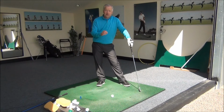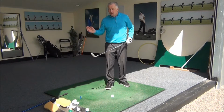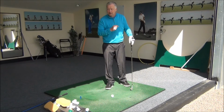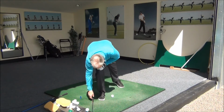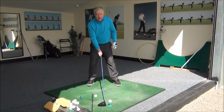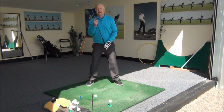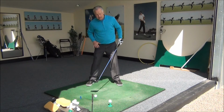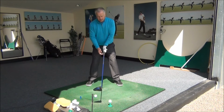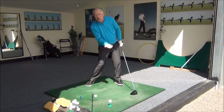Now, unfortunately with golf it's different than other games because you've got 14 clubs in the bag with different lofts that require slightly different angles of approach to get the best flight on them. So if you were using a driver, for example, and the ball was teed up, we need to position the ball further forward near our left heel. We need to tilt our shoulders and spine ever so slightly back. The weight might feel marginally tilted to the right, but now my centre of gravity, centre of my body here, is more behind the ball,